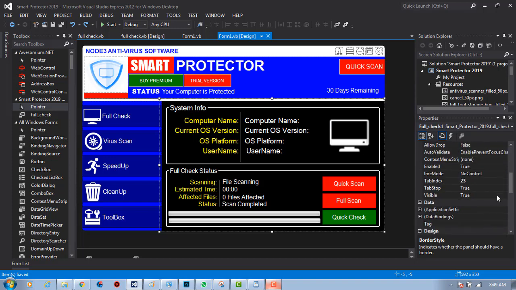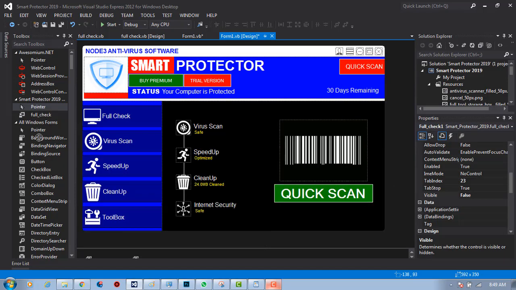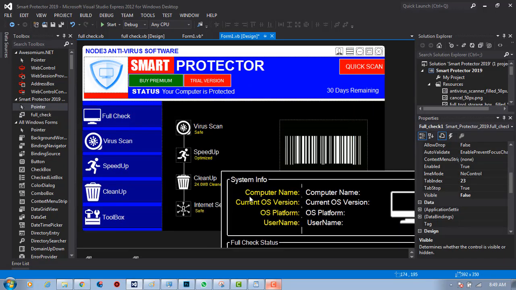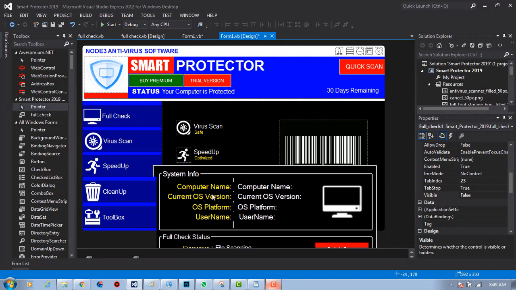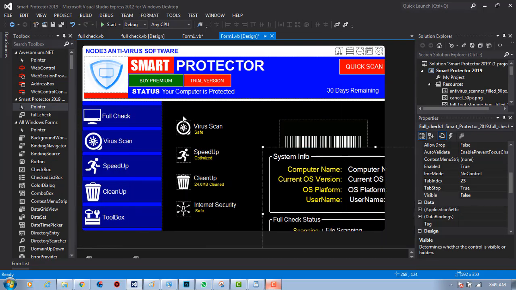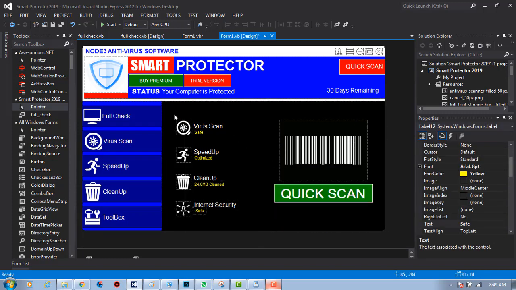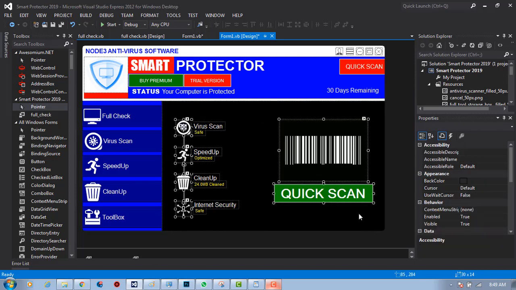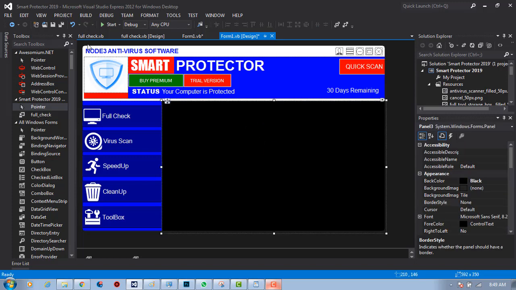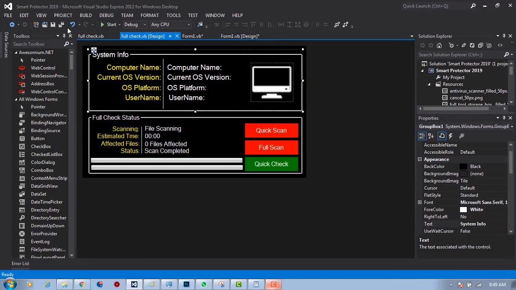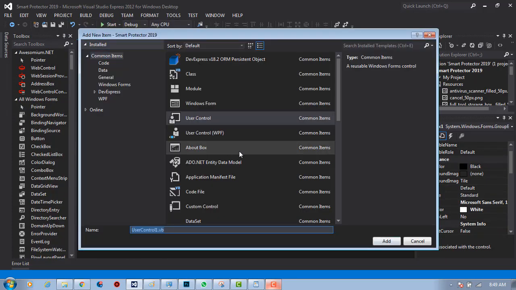So the visibility of this should be false, and then I would like to, okay, this will be my home screen. So I would like to cut all these, right? Let me delete this for now. I would like to cut everything here. Control X, right? Then for the full check here, I'll just add another user control, and then I will say this is